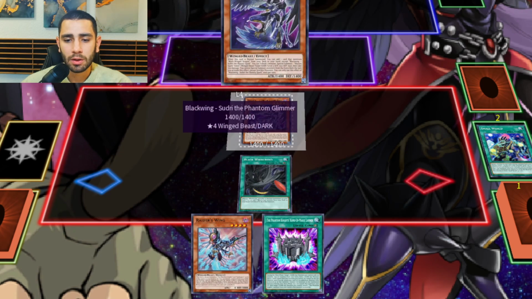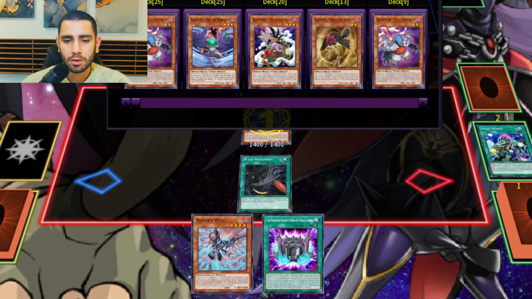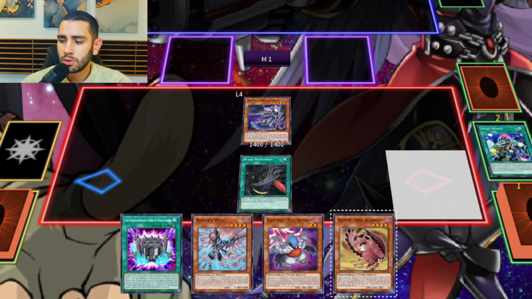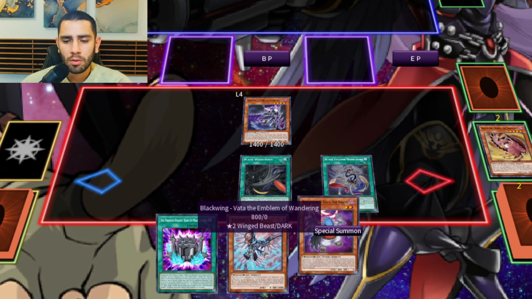it's full combo again. And now let me show you how to play if you got all of those cards on your hand real quick. Alright, so search Vata, search Shamal, boom,